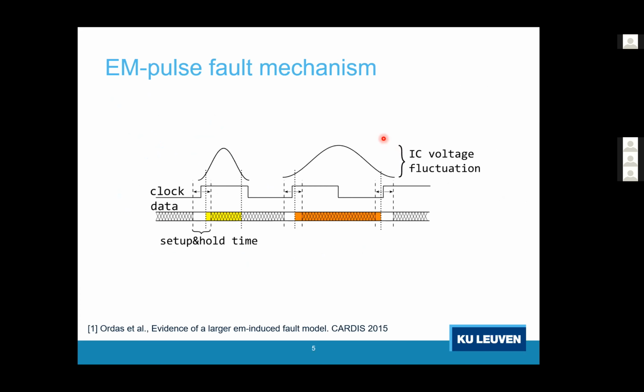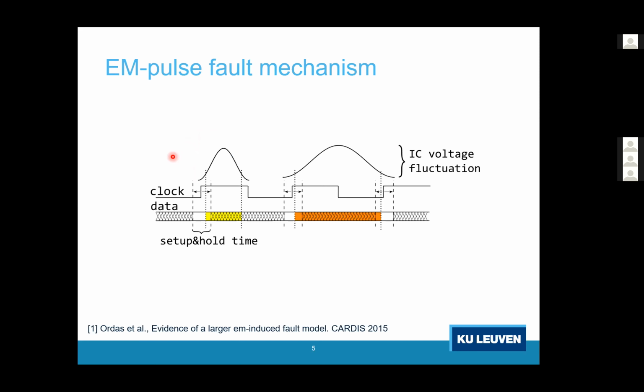So how does an EM pulse induce a fault? You generate a short EM pulse. It will couple with the metal wiring inside of your IC. And while it's coupling, there will be voltage fluctuations inside of the metal layers of your IC. And depending on the duration of these fluctuations and their position relative to the clock edge, you will be able